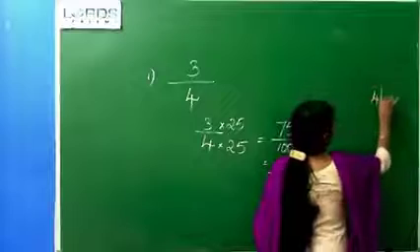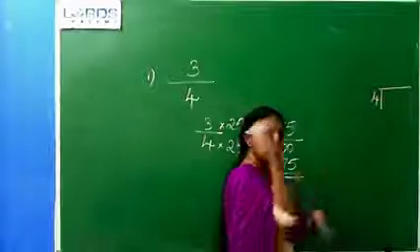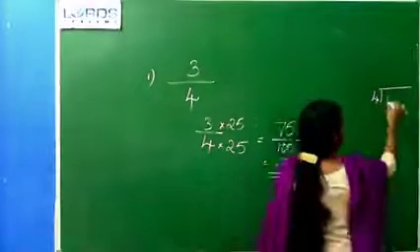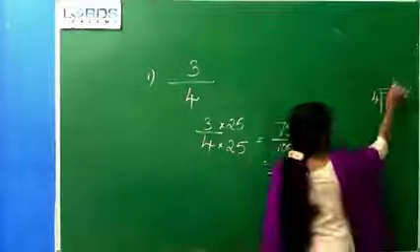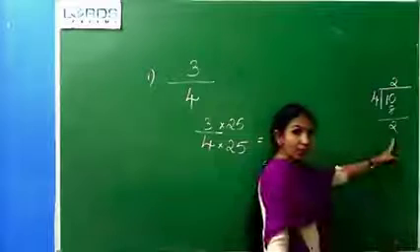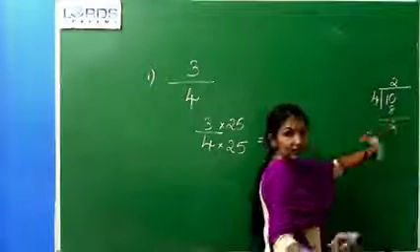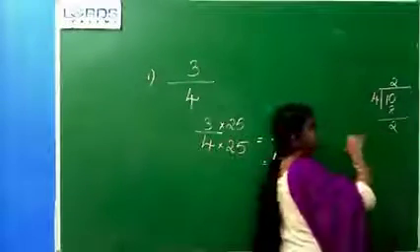So, the denominator was 4. We wrote 4. First, we want to convert it into 10, right? So, we wrote 10. Just start dividing. 2 times, balance we got. So, it is not possible to convert it to 10. That we understood. Now, we are going to check, is it possible to convert to 100?